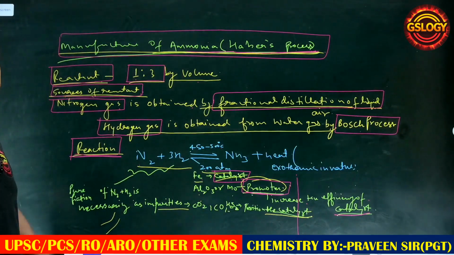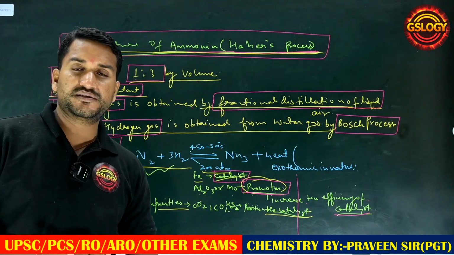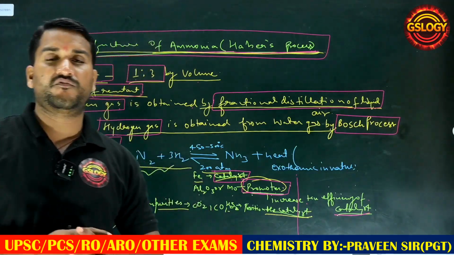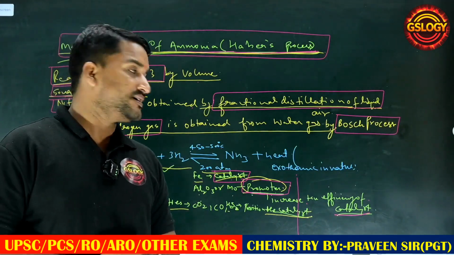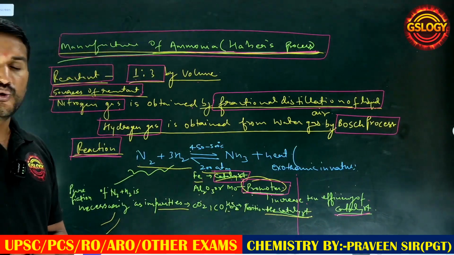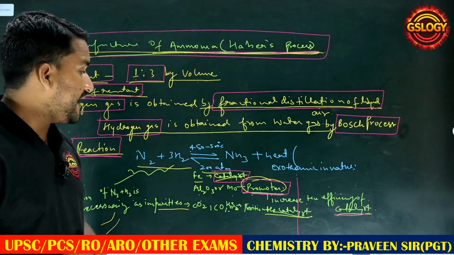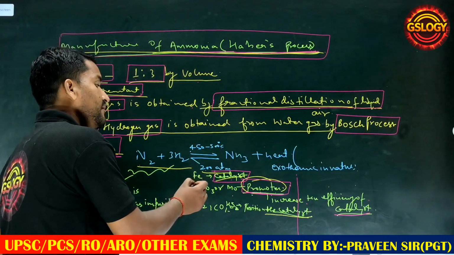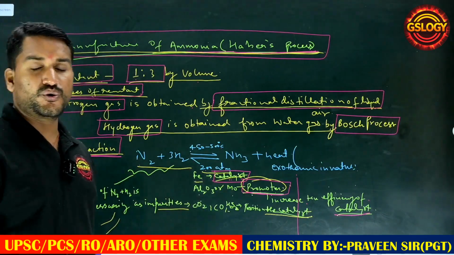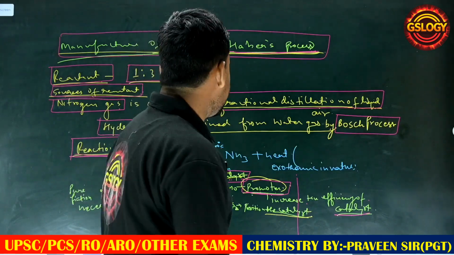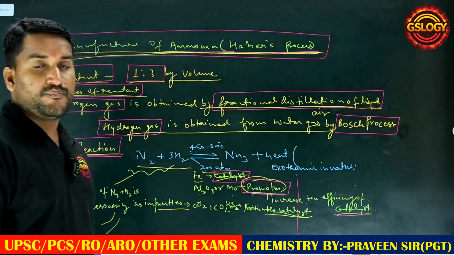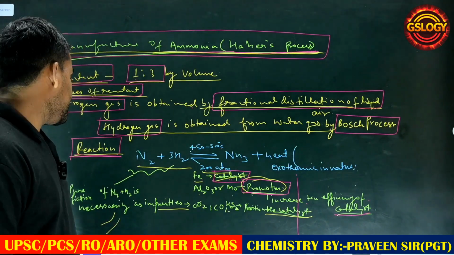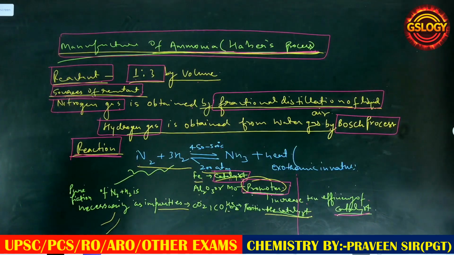Clear everyone? Means in this process nitrogen reacts with hydrogen at 400 to 450 or 500 degrees Celsius, and at 200 atmospheric pressure, and also uses a ferrous iron catalyst, and Al2O3 or molybdenum is considered as a promoter, and the promoter increases the efficiency of the catalyst. Okay, and